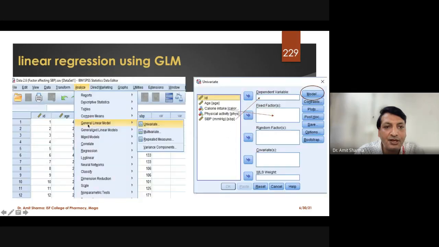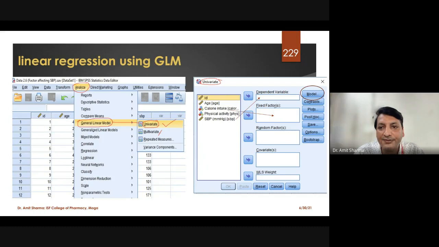We'll show it in the picture so it is easy for you to understand instead of reading all those lines. You can see that I have gone to Analyze, and under Analyze I have a command for General Linear Model, GLM. And under the GLM we'll click on Univariate. Clear. Now the new versions of SPSS, above 26, write bivariate instead of multivariate. This is the older version, so it has written multivariate, but multivariate and bivariate are somewhat similar. So we'll click on this Univariate, and we get the window for the univariate.